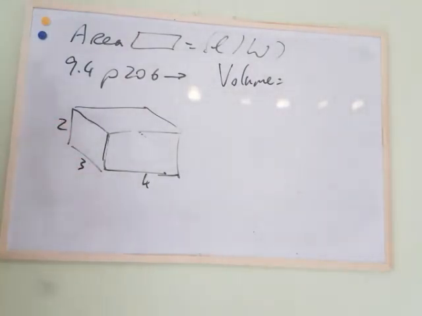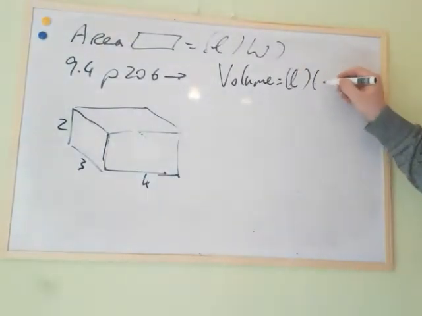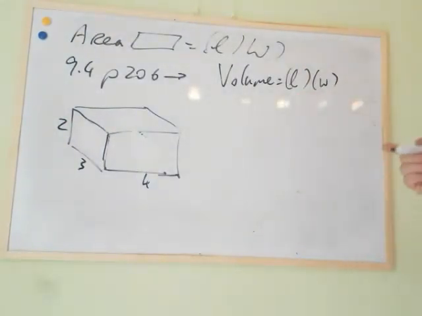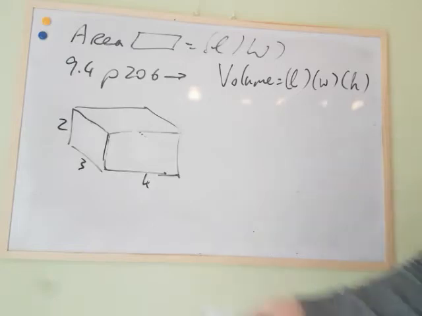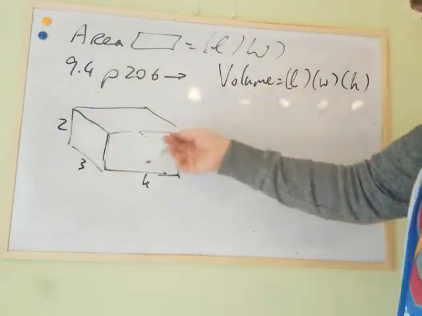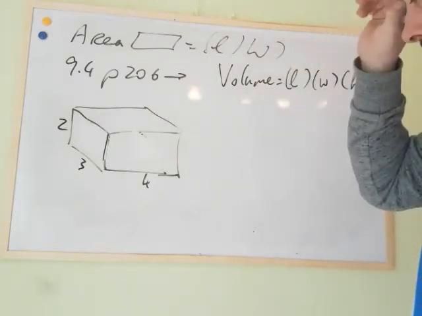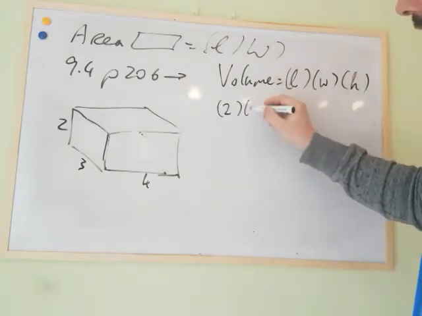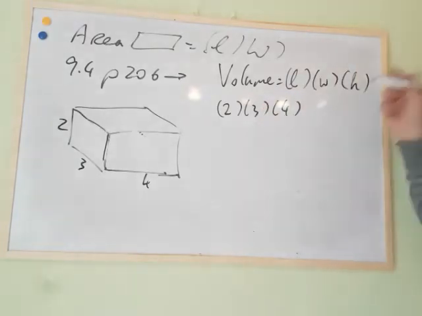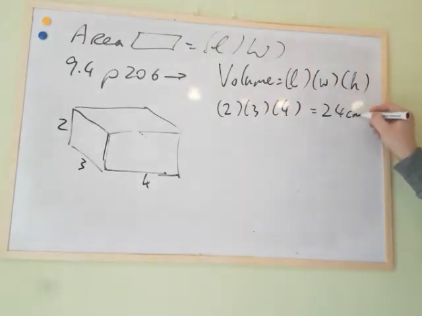The formula for the volume of a rectangular solid is really easy. It is the length times the width. Why, that's area, sir. Yeah, times, we're dealing with 3D now, folks. So we have a third dimension, the height. It's that simple. These three numbers, the length, the width, and the height. So if I want to get the volume of this rectangular solid, 2 by 3 by 4. 2 by 3 is 6 by 4, 24 centimeters